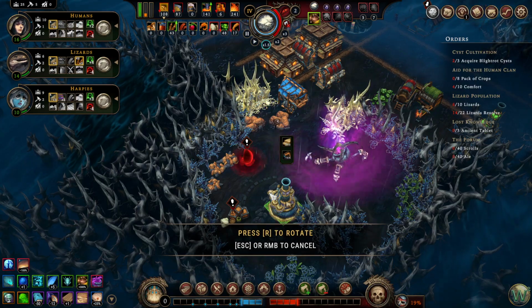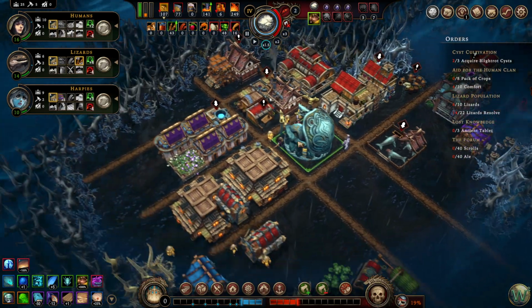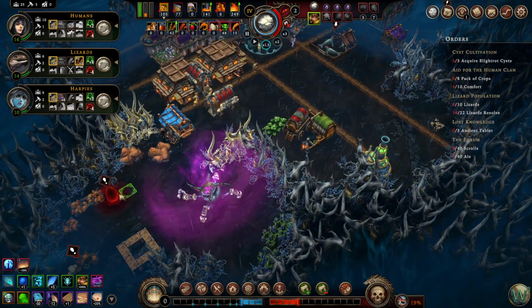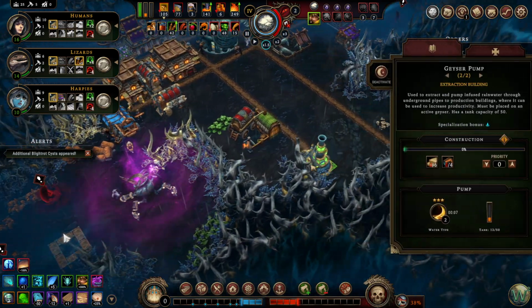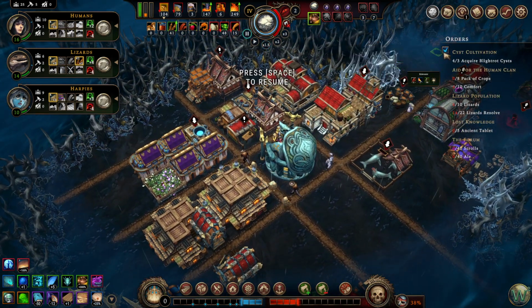Geyser pump. Here. And we already have a drizzle pump, right? Somewhere. Wherever the heck that is. Oh, it's here. I knew we had one somewhere. There's the cysts. Okay, so we can turn this in now. This will give us...